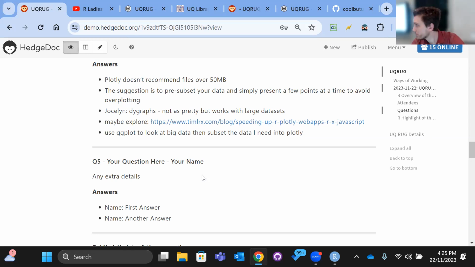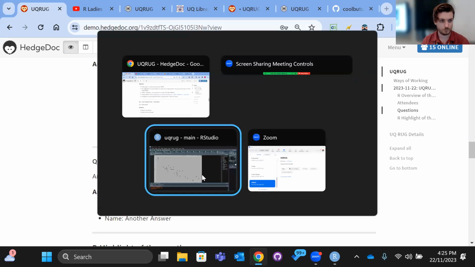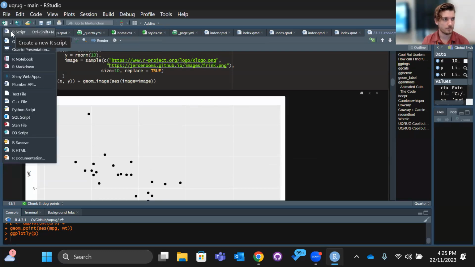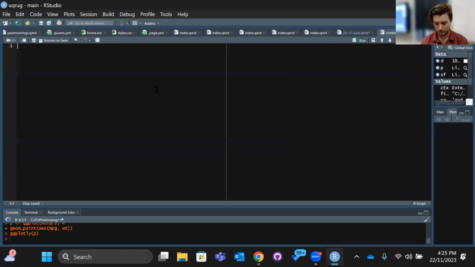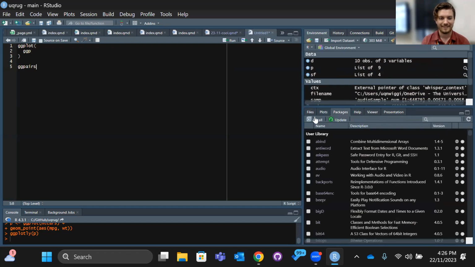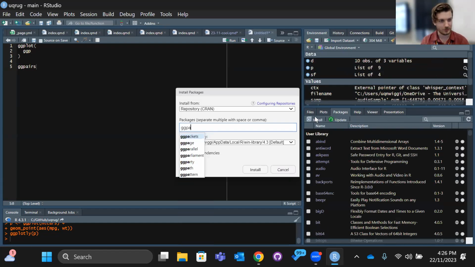GGpairs. GG what, sorry? GGpairs, in the GGally library. I've only used it twice, but it basically takes all of your variables and does a Pearson's correlation with all of your variables. So you immediately go, okay, that has a higher R value. And you can take those variables and go and explore with them. Yeah, cool, thank you. Very simple. That's what I was hoping to find.